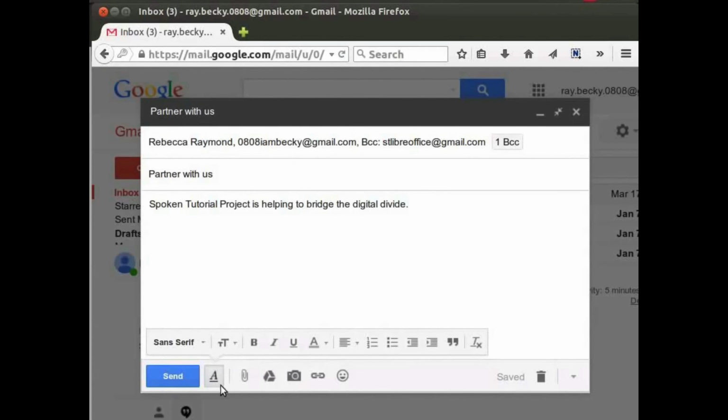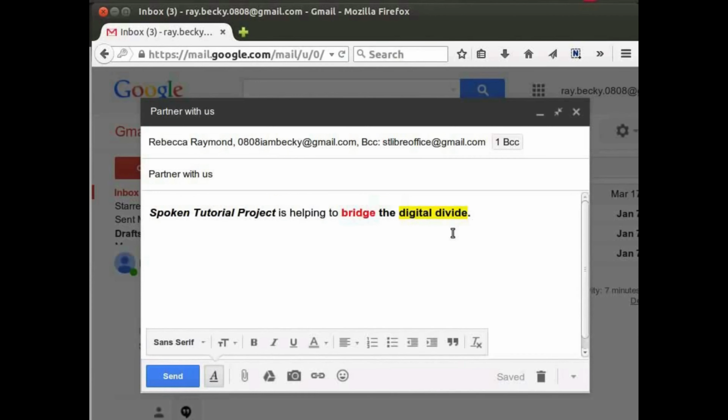If not, to access the formatting toolbar, click the Formatting Options button. Here we have options such as different fonts, sizes, bold, italics, underline, text color, align, numbered and bulleted lists, and indentation. These options are exactly like the ones in any word processor application. You may explore these options by yourself. This is how I have formatted my text. To hide the formatting toolbar, click the Formatting Options button.